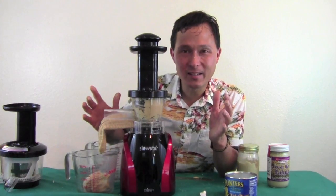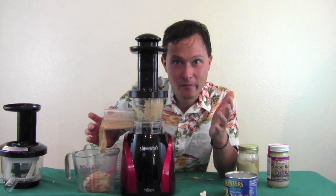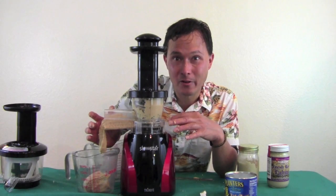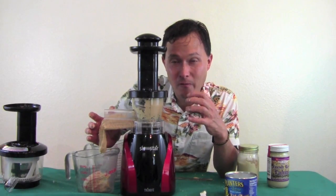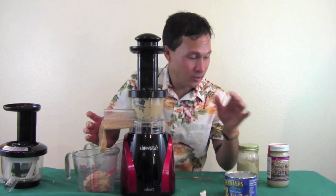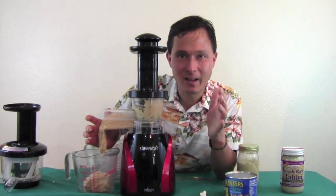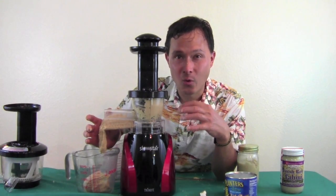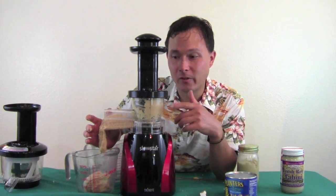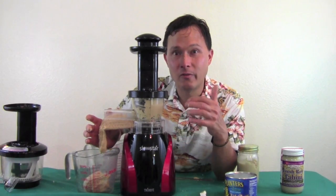So that's how easy it is to make frozen banana sorbets or frozen banana ice cream, and the nut butters, which you do need to feed through multiple times to get it to congeal perfectly. And once again, it will never really turn out like the store-bought stuff, so you want to get that idea out of your head at this point. But it will do a good job at grinding and crushing things up, especially if you put it through multiple times. We've made things like salsas in here. We've taken